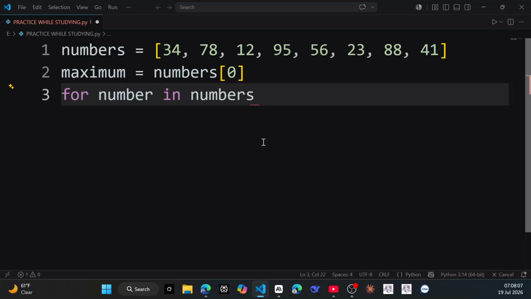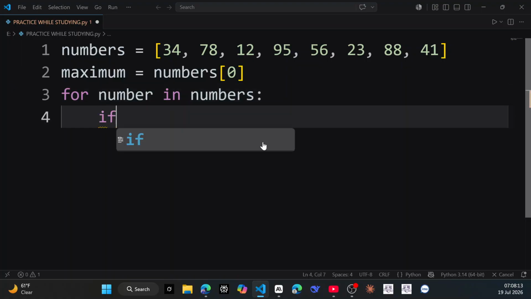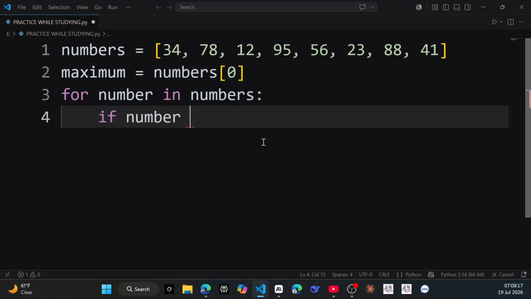What are we going to do for each number in numbers? We shall, if the number is greater than maximum,